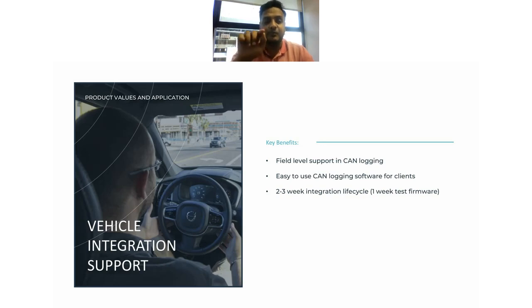You click next, and it asks you for the next steps to be done. For example, ignition: turn the ignition on and then click next. It would ask you to keep the vehicle on for like 3 minutes or so. So keep it for 3 minutes. Likewise, it's a step-by-step process, and it prompts you to do things step by step. This way, it makes it quite easy for the clients to use this tool and get the logs out